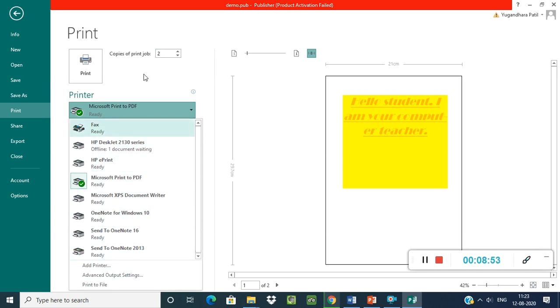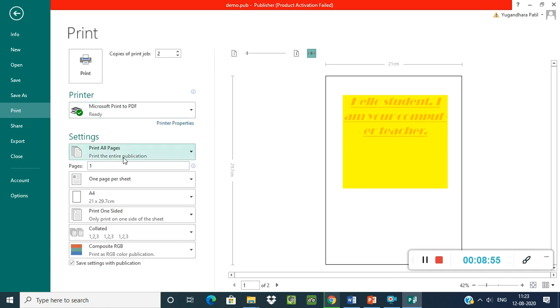After selecting the printer, see the print all pages option. Suppose you have 10 pages here. You can select all pages. Yes, I need to print all pages here. Otherwise, you can select the page number here, if I want only one page or only two pages. See, the IntelliSense is given here: pages, then enter numbers or range separated by commas. For example, like this, I want pages 5 to 12 printed here.